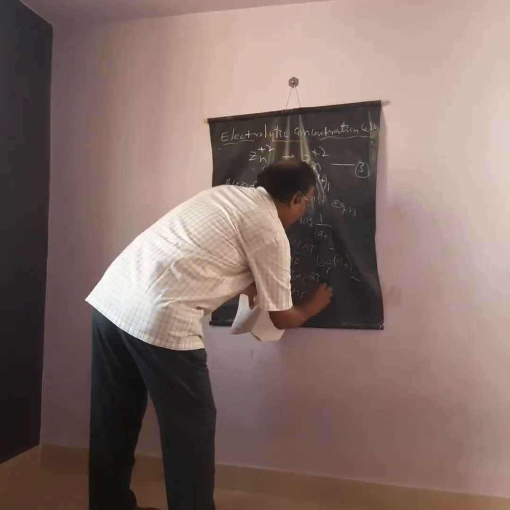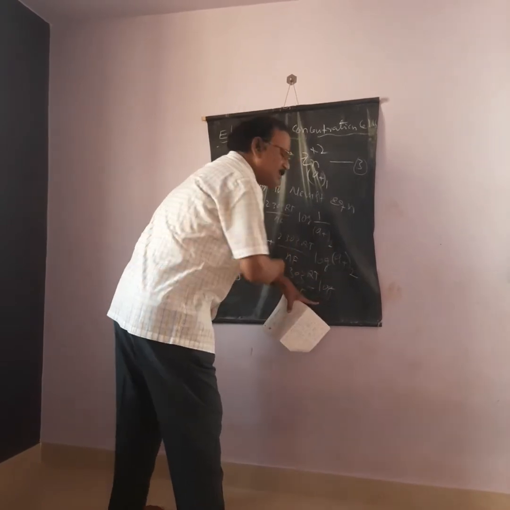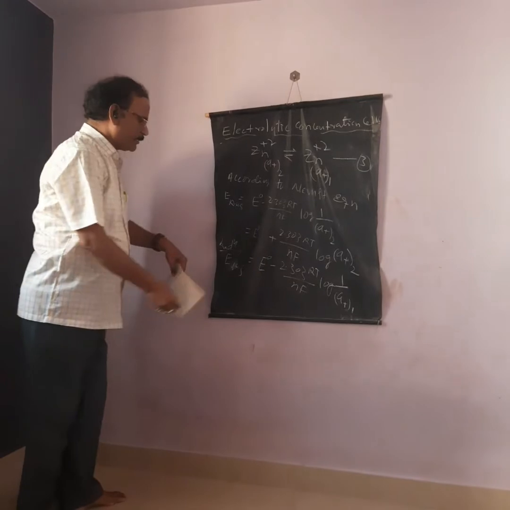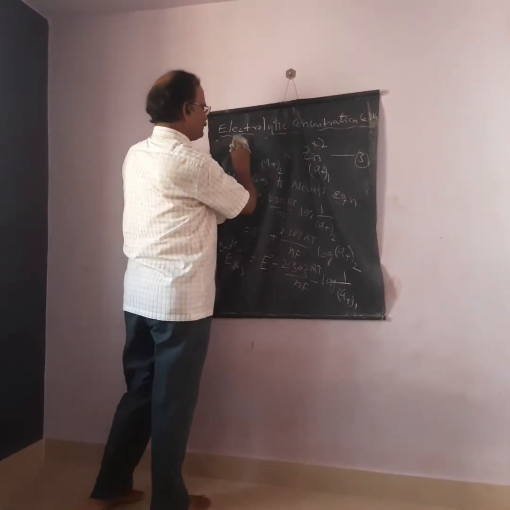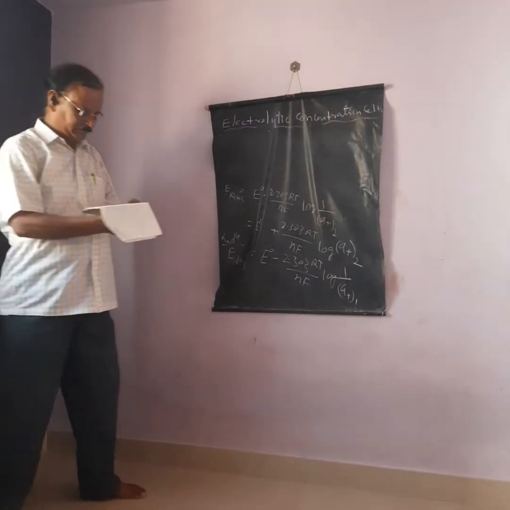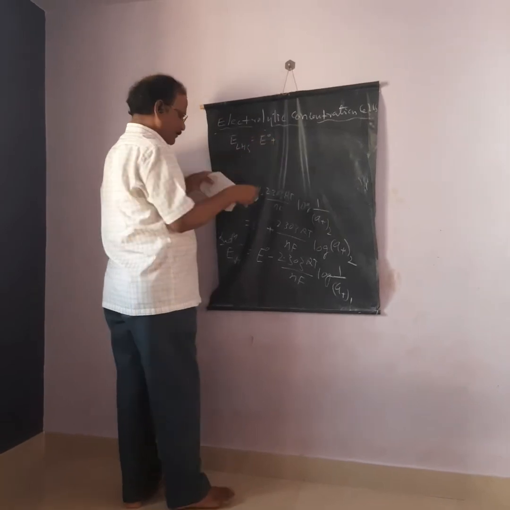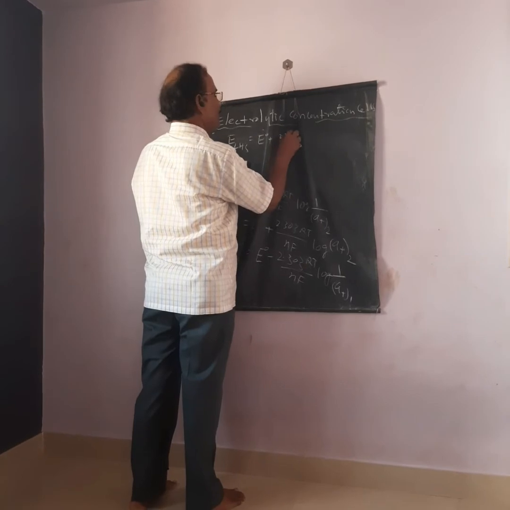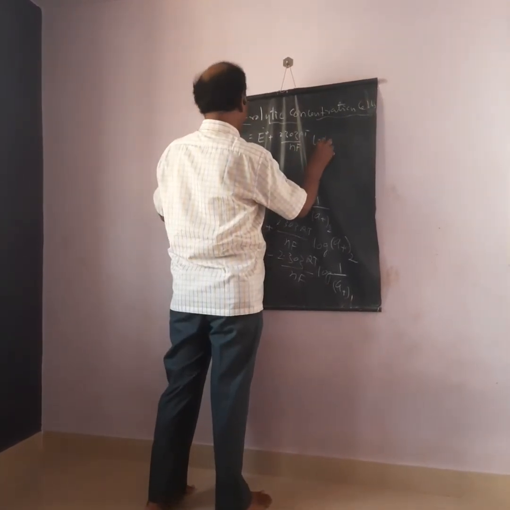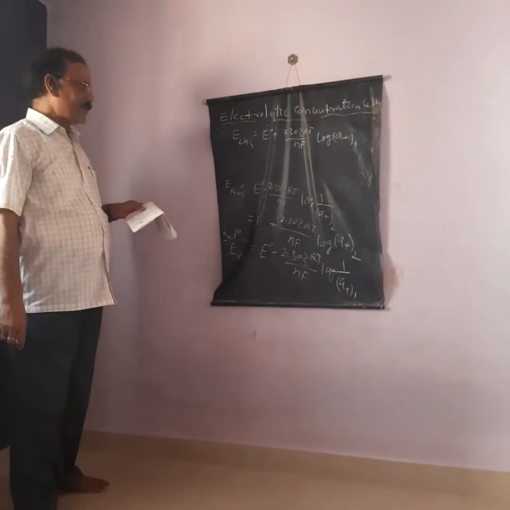nF into the logarithm of, taking reduction potential means you have to write the reverse reaction of the second equation, that is 1 over A1+. Or, on the other hand, you can write the EMF of the LHS as equal to E0 plus 2.303 RT divided by nF, where n is 2, F into the logarithm of A1+, the activity of zinc at the first electrode, that is the left hand side electrode.